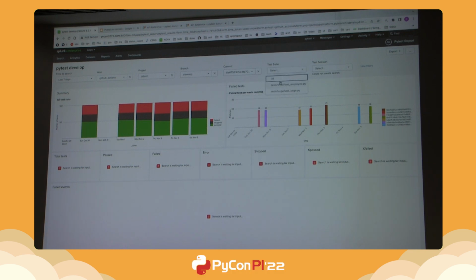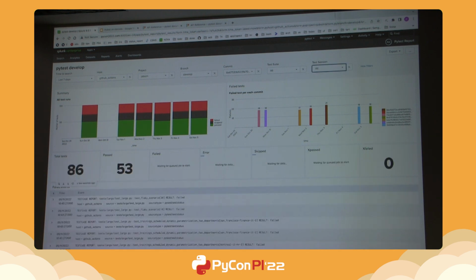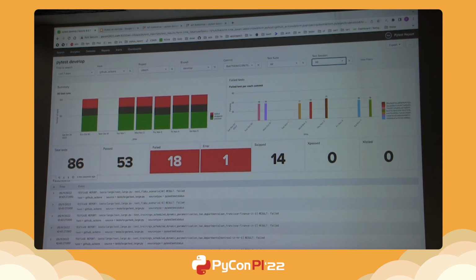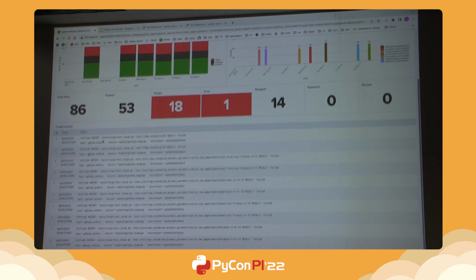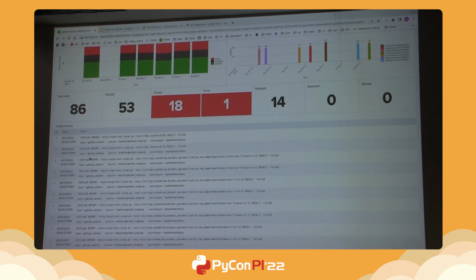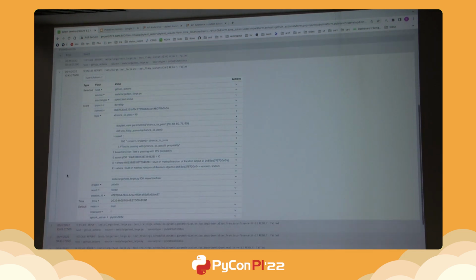Yeah, we have test suite, let's check all, and test session just in case we make some reruns. You can see here some conclusion, how many tests were run, how many of them were passed, failed, etc. And here you can also see the list of failed tests. And when you check one of them,